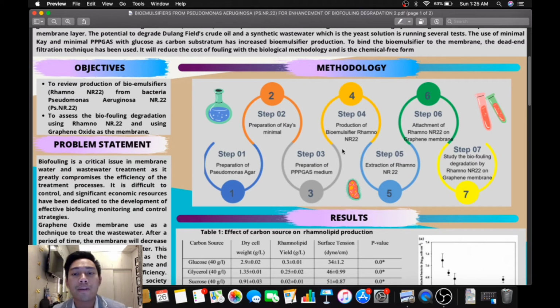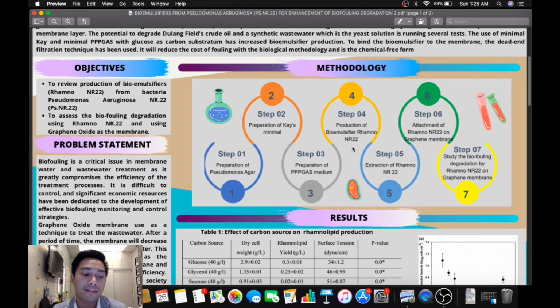So the next step is step 4, which is the production of bioemulsifier. The first step is to culture the Pseudomonas aeruginosa in a cetrimide agar, and then we wait for 24 hours. The cells are then inoculated in a nutrient broth, and then we wait another 24 hours, and then we add 1%